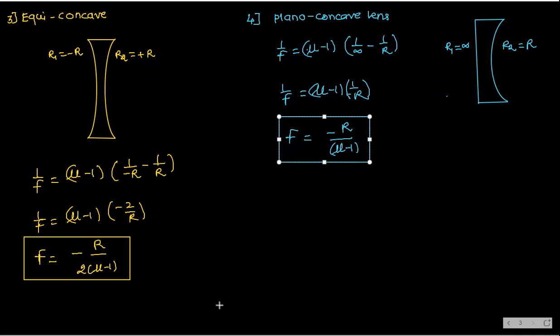Clear? So if they give any refractive index, you can substitute and calculate the focal length in case of all these four note points. Clear? Okay. One more note point I am giving you. Understood? Everything is clear till here? Yes. One more note point, just note down. Shall I go to the next page? Yes, please tell. Right. Next page.